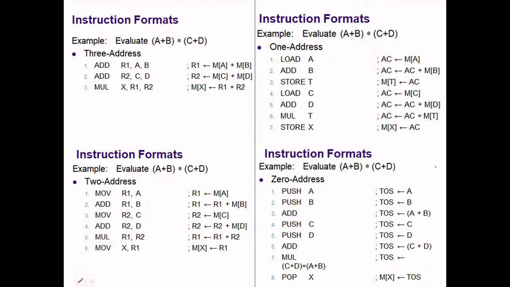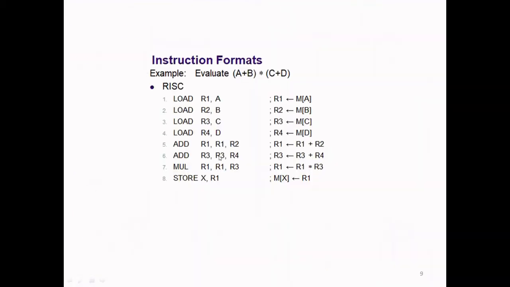Lastly, the RISC instruction, how does it look like? The same expression if you take, use a RISC processor, where load and store instructions are used for the memory access, and a lot of registers are there in RISC computers, right? So A, B, C, D, all the locations' data are brought to R1, R2, R3, R4 using the load instruction, and add R1 comma R1 comma R2. That means R1 plus R2 is stored in R1. That means this one is available in R1 now.